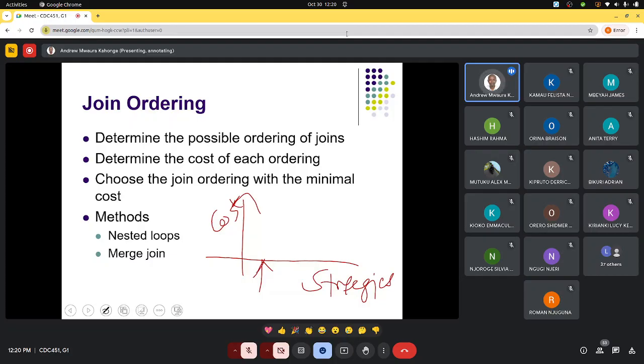You picked one strategy. How do you get the cost? How do you determine what cost? We are joining these relations, and we are transmitting them. Remember, you are transmitting them. If you have this kind of tree that you want to estimate for,